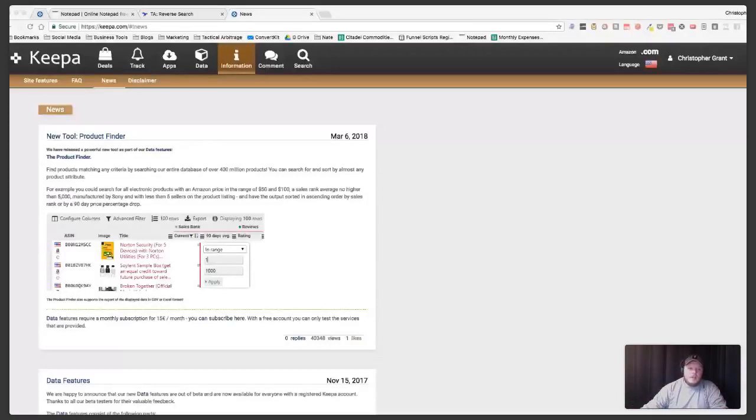Let me shut off my camera here, make things a little bit faster. There we go. Okay, so tonight, everybody, we are going to be talking about Keepa. Now, I know that everyone here should be familiar with Keepa. You probably all have the Keepa extension installed, and that is great. However, they have recently released some new tools and some new things that you can do that are incredible, in my opinion.